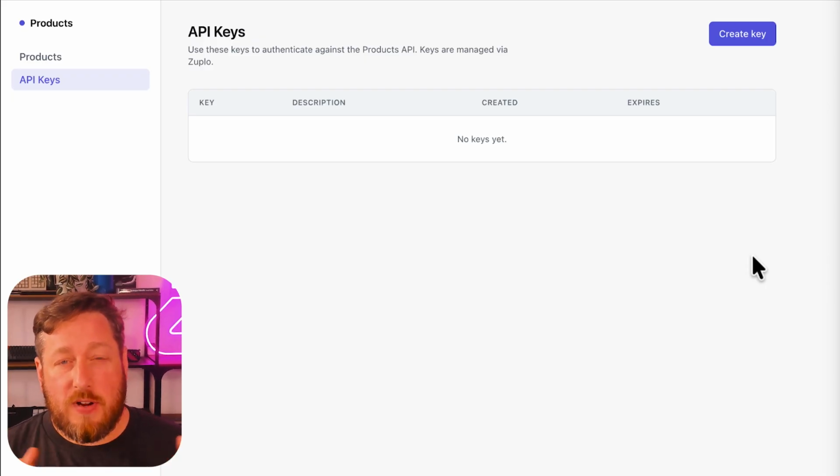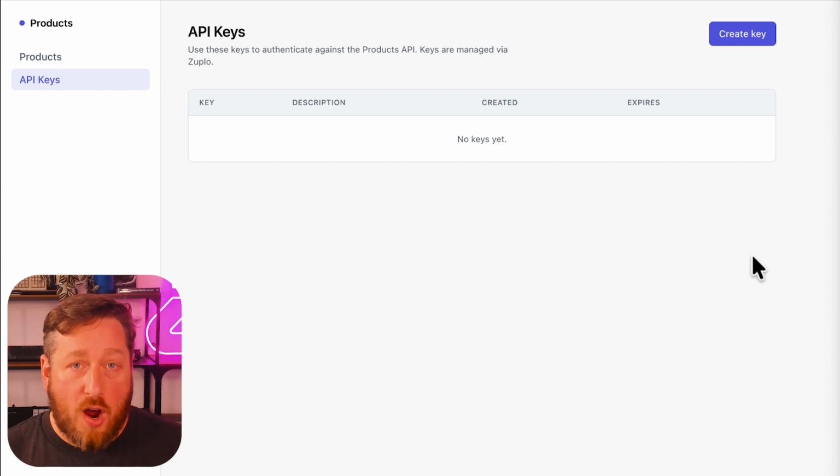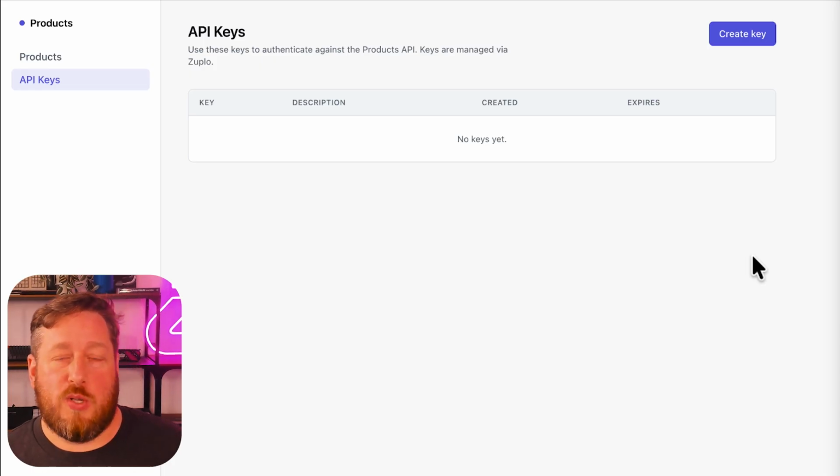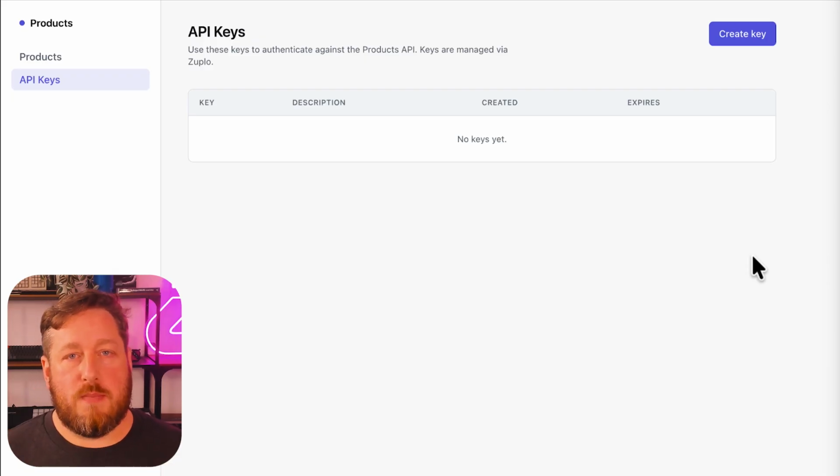Now, this is a really lightweight implementation, to be honest. It's really just HTTP requests and JSON. So regardless of what it is that you're using, now this application is just a very basic TypeScript application, but it could be a big Go application, it could be a Rails monolith, it could be PHP. It really doesn't matter. You're just making HTTP calls to an API endpoint in order to manage all of this,